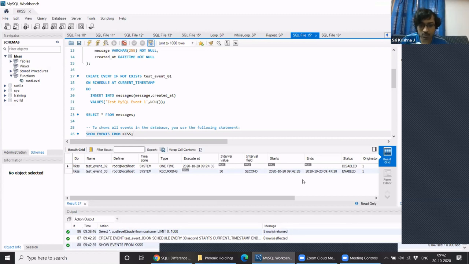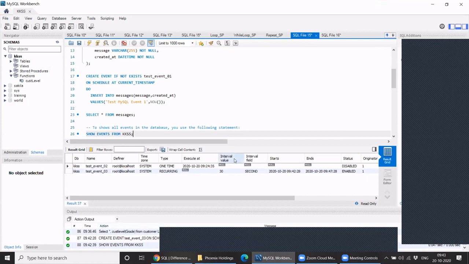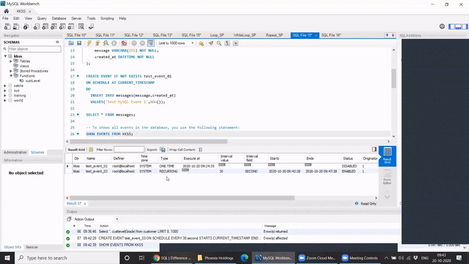Maybe you couldn't check this out, but I was just curious. In case a stored procedure has run or not run, is there a provision to show those logs anywhere? See, if it hasn't run, it will give you the error. Because if you just execute this query, and you have any error in it, it will give you the error in the action output at the bottom. Okay. Got it. And it will tell you the type, whether it's one time or recurring.